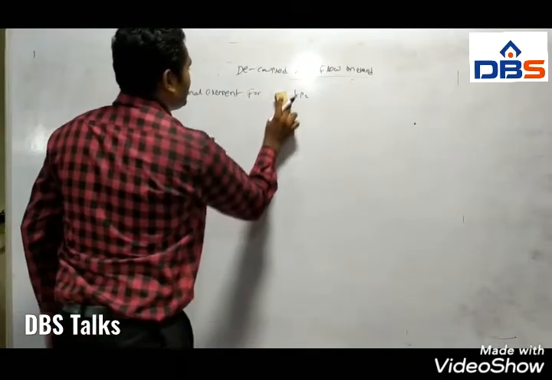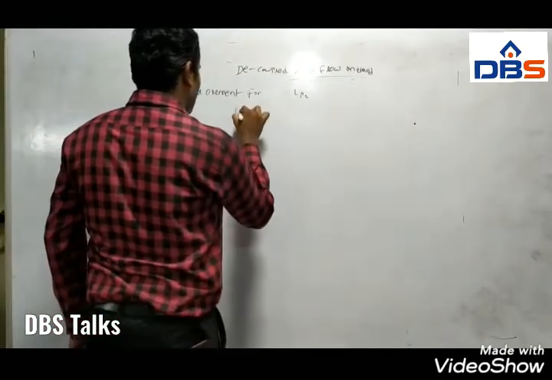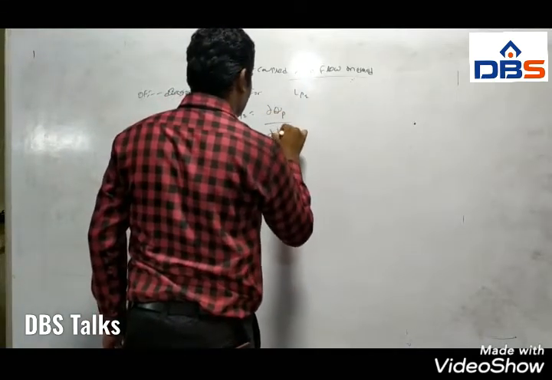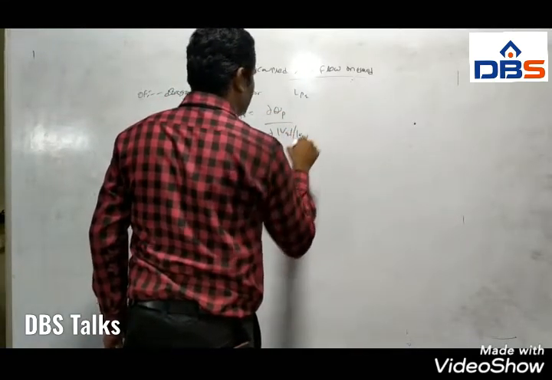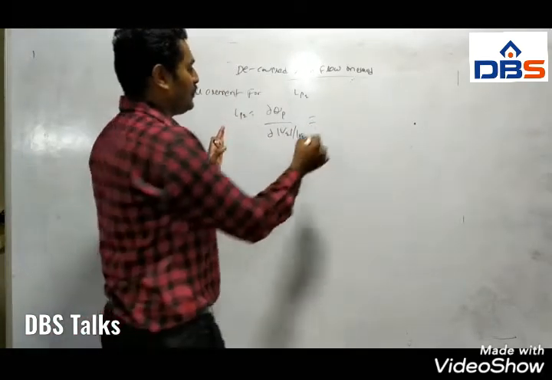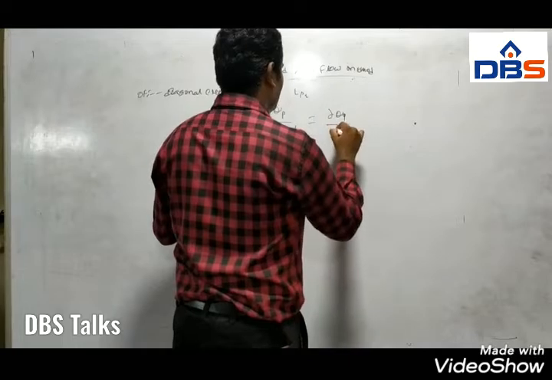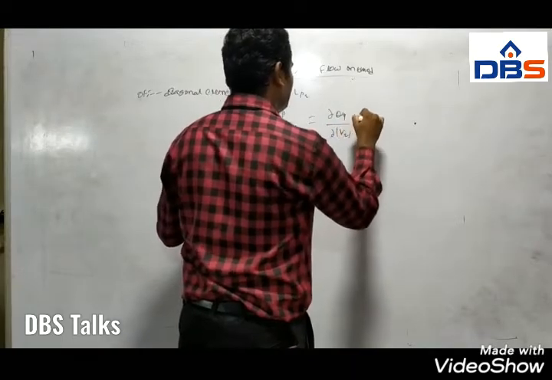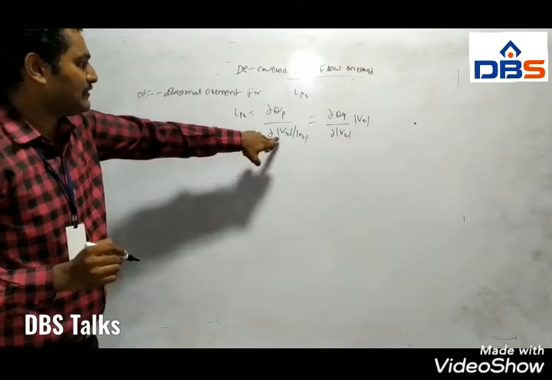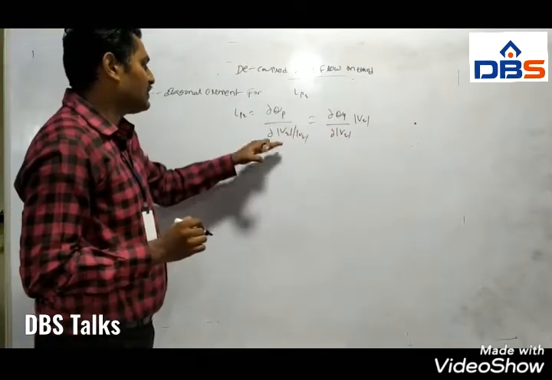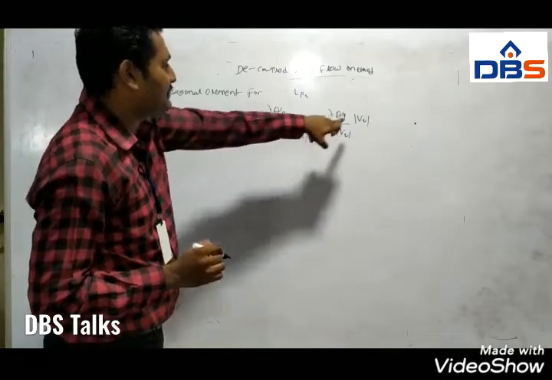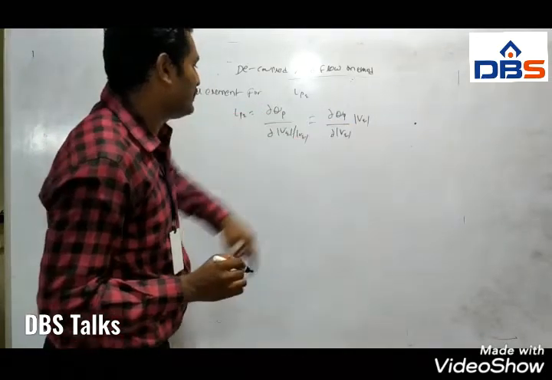So here we are taking LPQ. The off diagonal element of LPQ is equal to dou QP by dou |V_q| divided by |V_q|. This can be rewritten as dou QP by dou |V_q| into |V_q|. We have rewritten this equation as dou Qp by dou delta Vq by delta Vq, as dou Qp by dou delta Vq. Here we have |V_q| in the denominator, so the denominator comes into multiplication. So that is |V_q|.